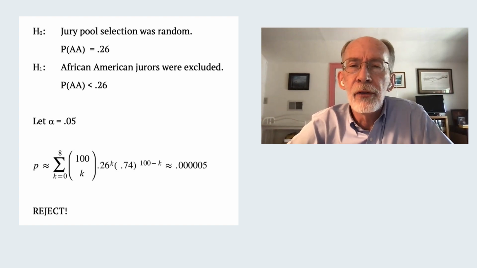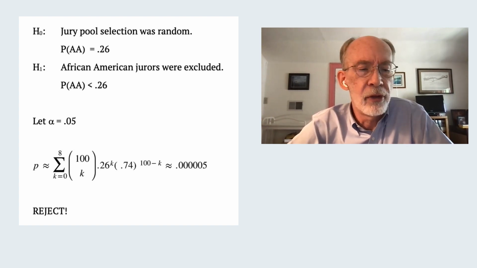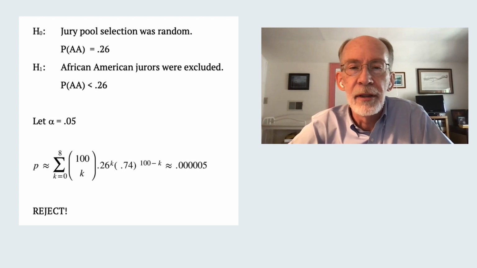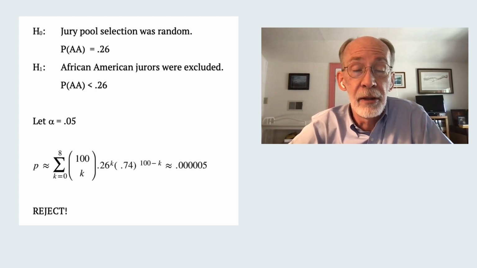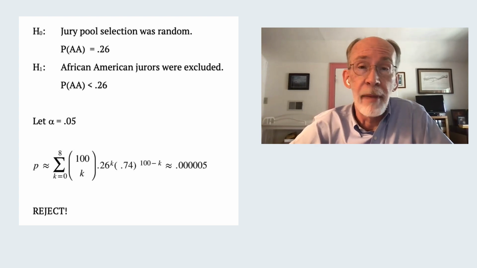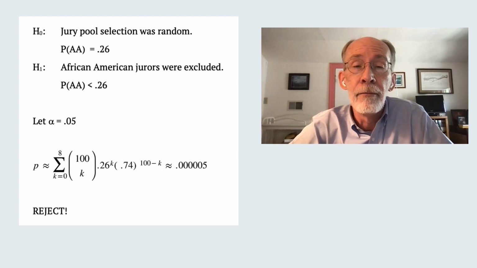The significance level often is represented with a lowercase Greek alpha, so I chose 0.05 just because it's very commonly used. And then you'll see there the calculation of the p-value. You don't need to sweat the details of that if you're unfamiliar with binomial probabilities. But it's clearly extremely tiny, orders of magnitude below the significance level. And so our conclusion would be that we should reject the null hypothesis.